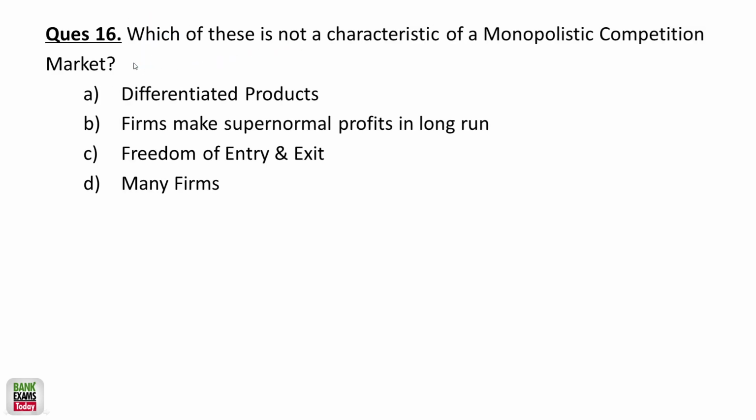Okay. Which of these is not a characteristic of monopolistic competition? Monopolistic competition, which of these? So there is a freedom of entry and exit. The products are differentiated, but the firms make a supernormal profit in short run. In short run, it is not a characteristic. In short run, they may make the supernormal profit by differentiating their products, but in the long run, if suppose,